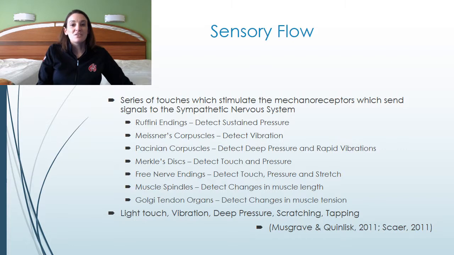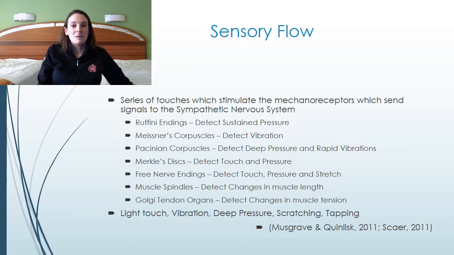Sensory flow is a series of touches which stimulate mechanoreceptors, which then send signals to the sympathetic nervous system. The mechanoreceptors that we're specifically targeting are Ruffini endings, which detect sustained pressure, Meissner's corpuscles, which detect vibration, Pacinian corpuscles, which detect deep pressure and rapid vibration, Merkel's discs, which detect touch and pressure, free nerve endings, which detect touch, pressure, and stretch, muscle spindles, which detect changes in muscle length, and Golgi tendon organs, which detect changes in